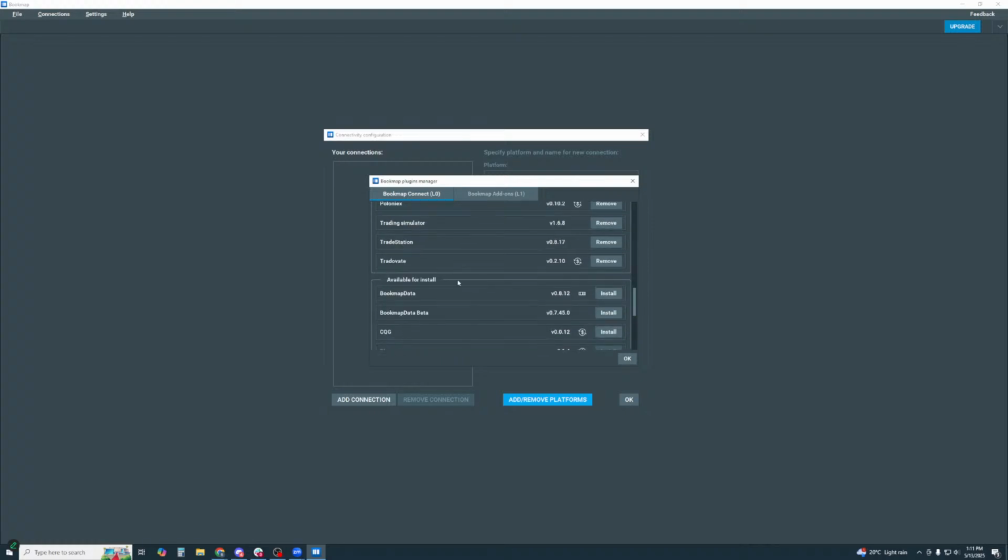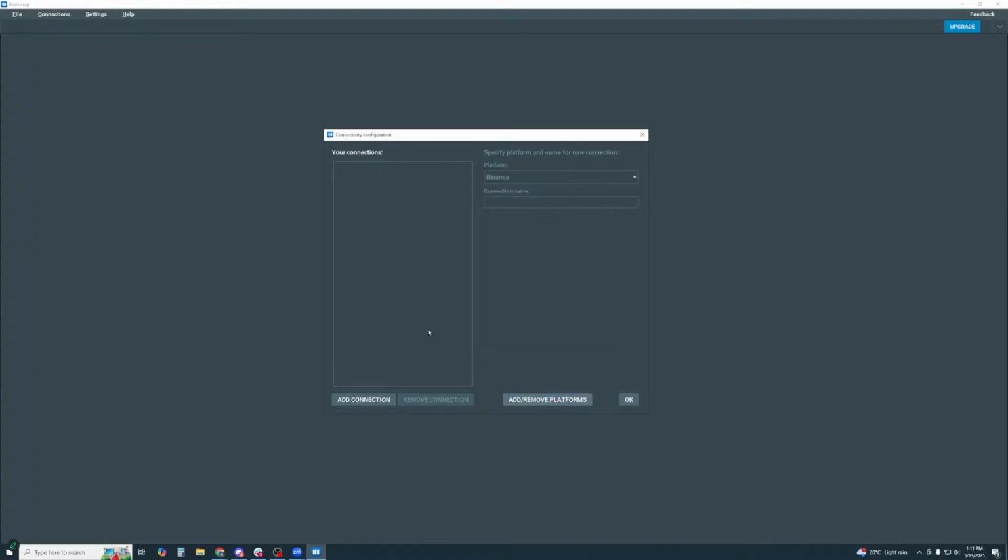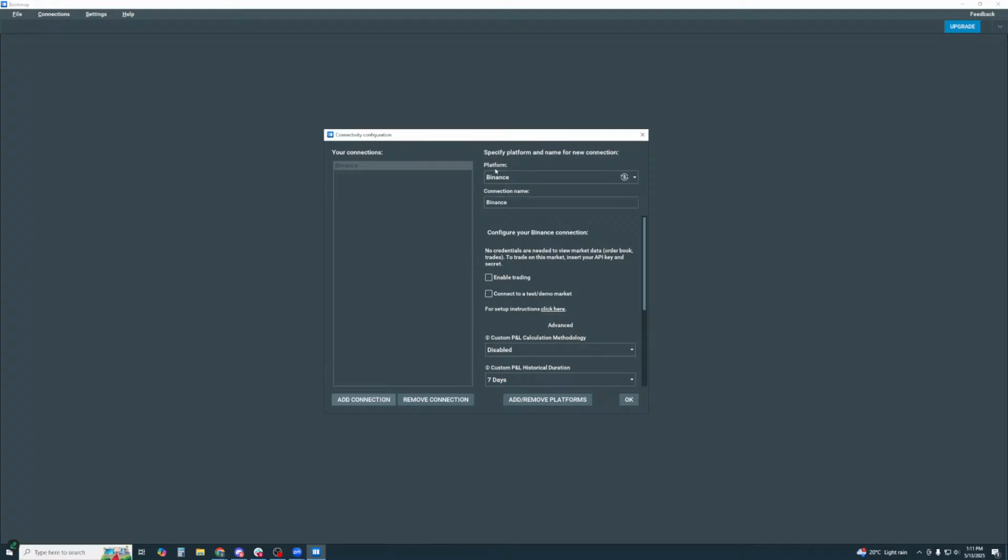We scroll down again here, and now we see Bookmap data is here, and then let's install it. So click install. Okay, it downloads and it says it's ready to use. Click OK. Click OK again, and we'll exit the plugin manager. And now we've added the platform and the adapter. Now let's add the connection to Bookmap. Click on Add Connection, and then from the platform here,